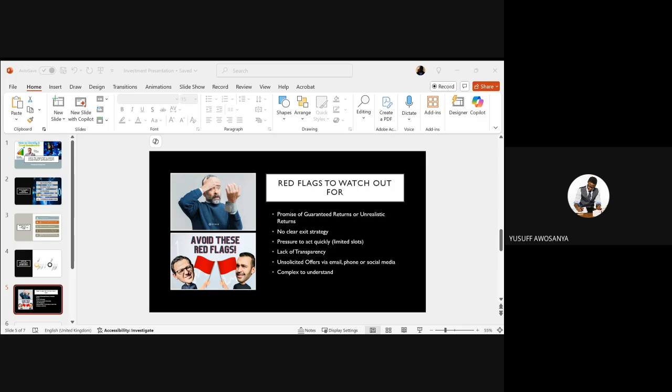The reason why Chinko Ekun, the artist, said that it affected his career was because even in that savings, he had money that he was supposed to invest in his music career. This music career is very expensive. You need to pay for studio sessions, you need to pay for adverts, marketing, and all that. So he put all that money in the investment, which made it really difficult for him to progress in his